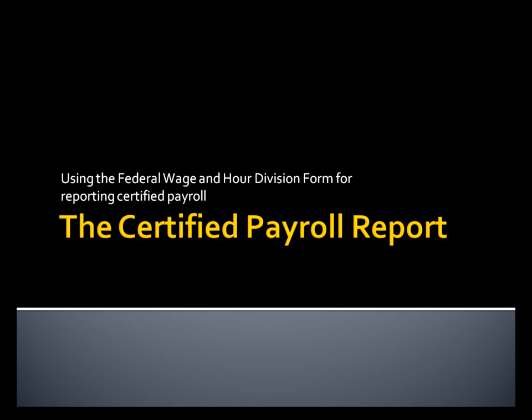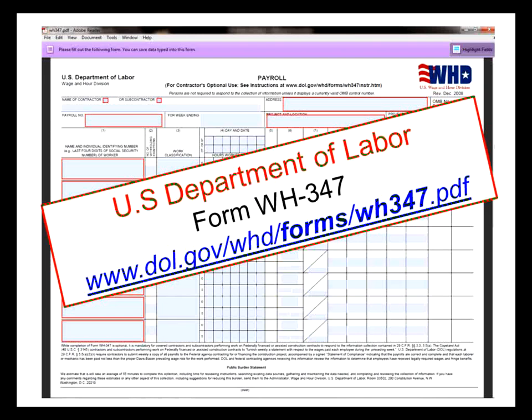We will be using the Federal Wage and Hour Division form for reporting the certified payroll. You can obtain this by simply going to their website. It's called Form WH-347. You find it on the U.S. Department of Labor website. And I'm going to leave this on for just a moment in case you are writing. If you can't print this, or maybe you can do a print screen of this right now. If you're listening, it is